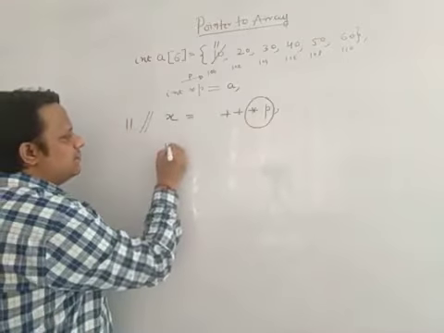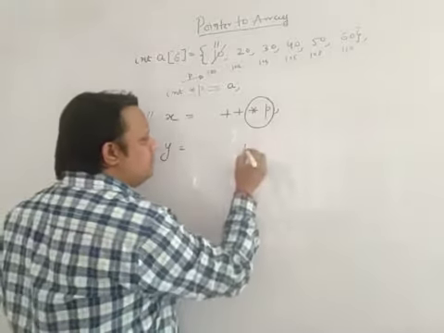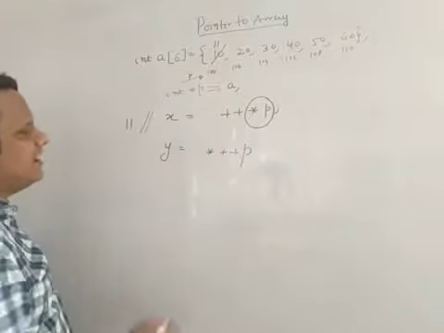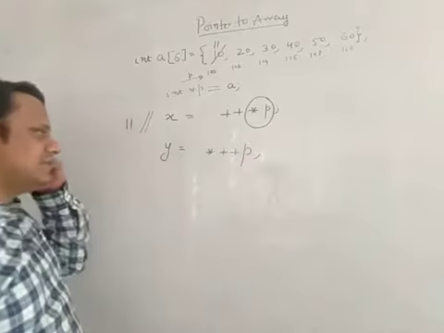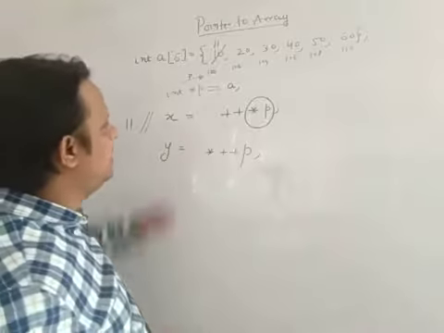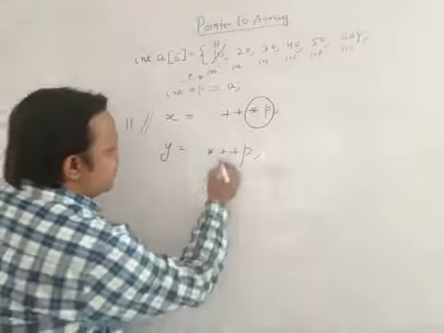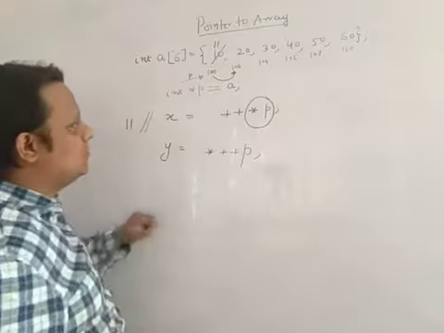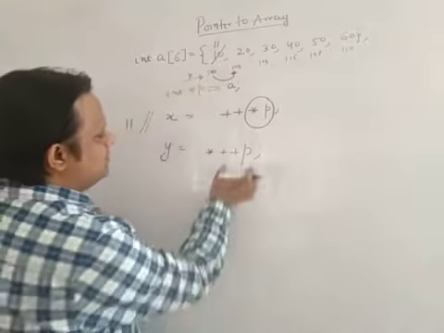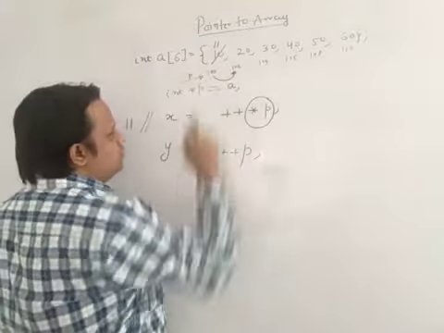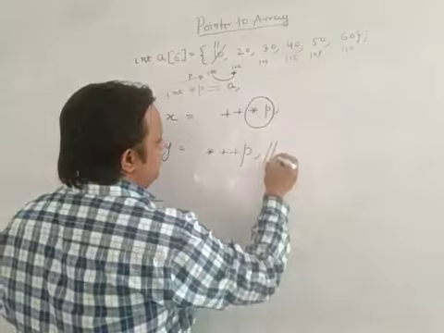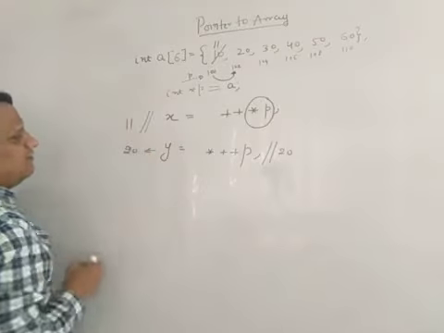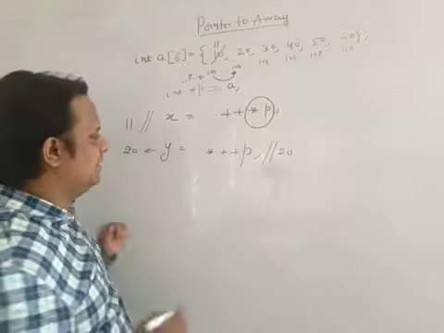Now suppose I write y = *++p. Now my p is pointing at 100. When you write ++p, it means my pointer moves to 102. My pointer is now pointing to 102, and *102 is 20. So the 20 gets stored in y. Therefore the value of y is 20. I hope it is clear so far, right?